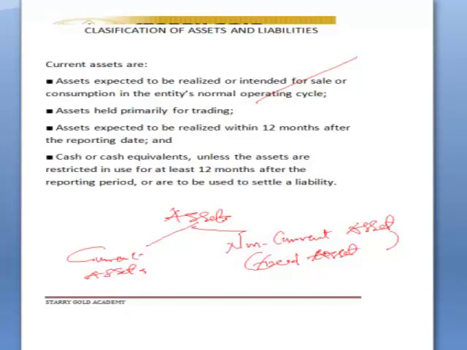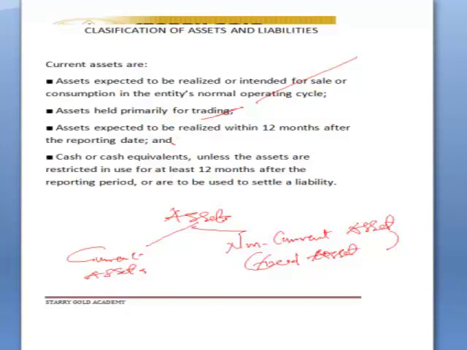Assets held primarily for trading are classified as current assets. We know that the lifespan of a motor vehicle spans over a year. That doesn't mean that a business that is trading in cars, motors and lorries, where that is the primary course of business, that's what they are selling and buying, treats those cars as an asset. To them, it is goods. They are held primarily for trading.